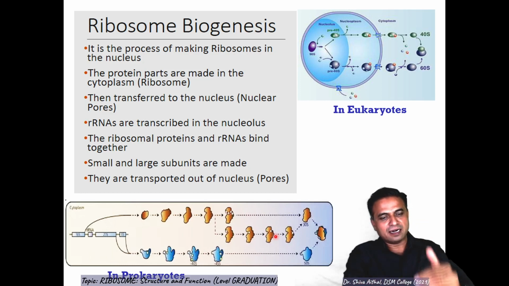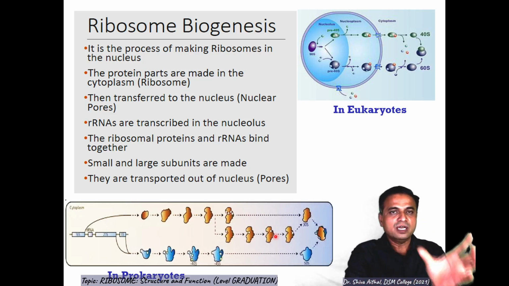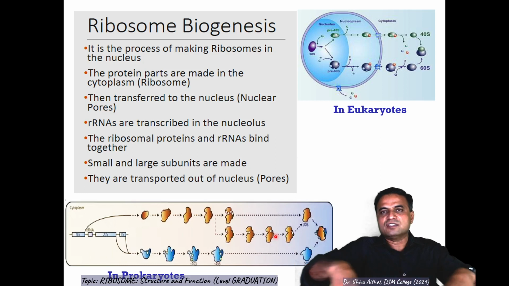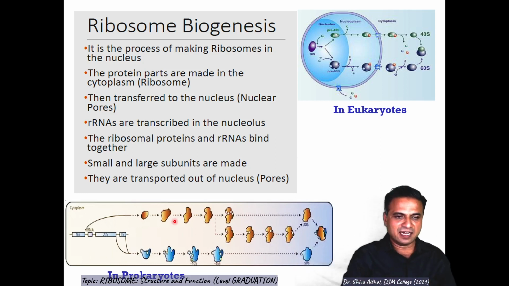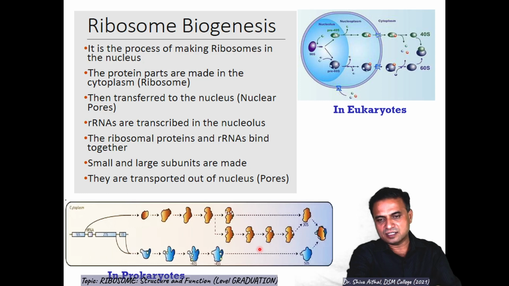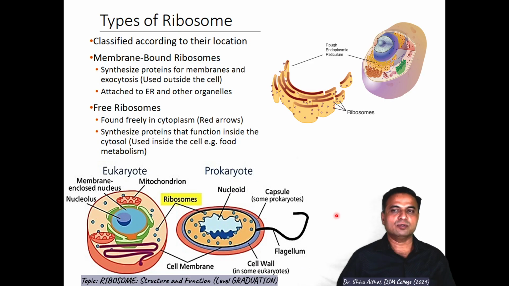In eukaryotes they are transported outside the nuclear pore; in prokaryotes they are transported freely in the cytoplasm wherever they are needed. As you can see, in prokaryotes the DNA is responsible for the formation of these 30S and 50S subunits from different genes, and from different genes proteins are synthesized and they accumulate to give rise to the 50S plus 30S subunits, which we saw in our previous slide.